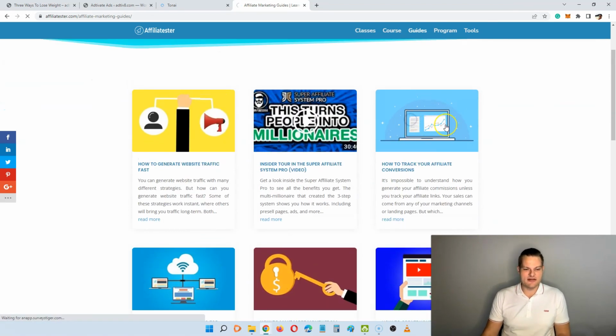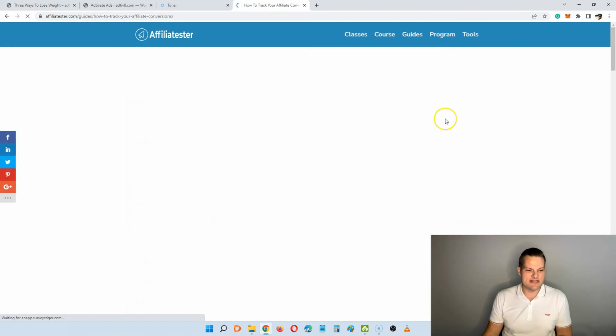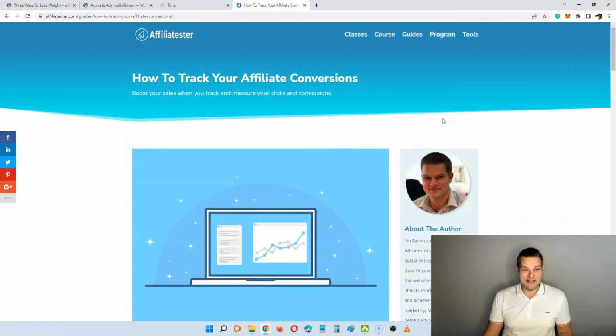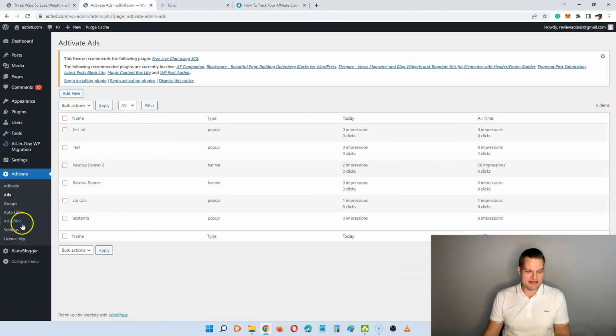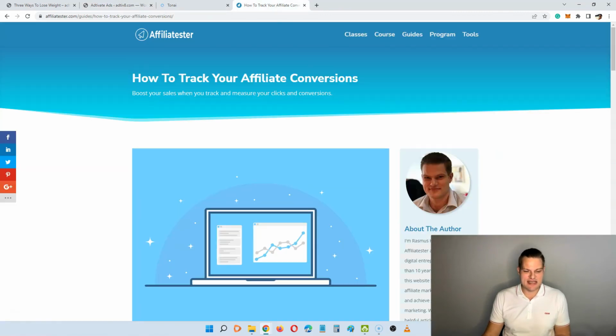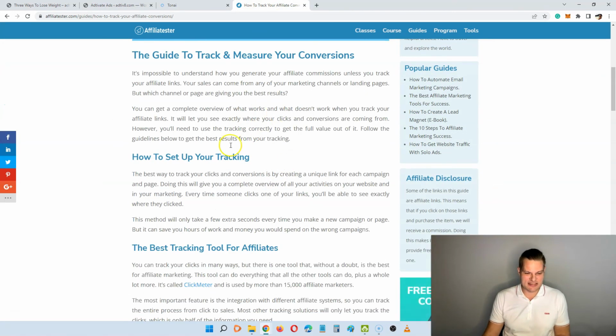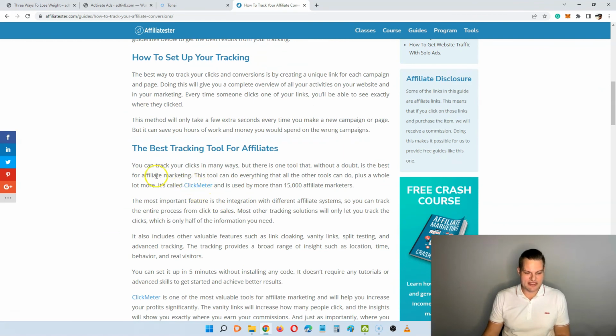And let's just go into this one so you can see how this actually works. I haven't integrated Activate on this, but it would save me a lot of time, because on top of these banners here you also have the auto links, so you can actually add links inside of the text down here. So for example, here you can see I'm promoting a product on ClickMeter here. So I could just get the auto links to change everywhere where it says ClickMeter to actually link to ClickMeter, so I don't have to go in and do this manually.